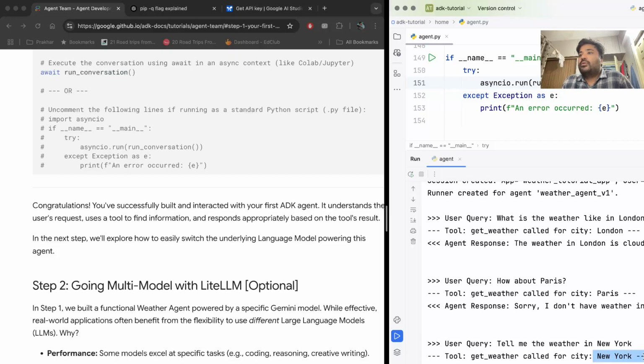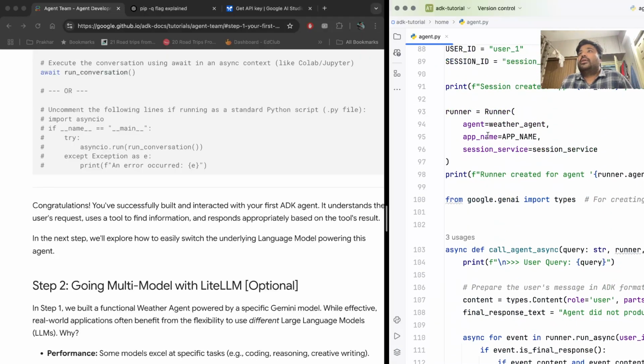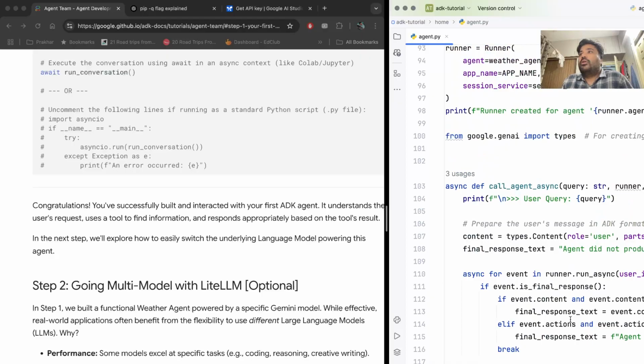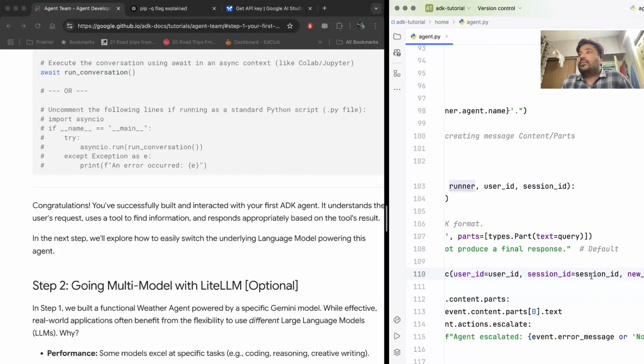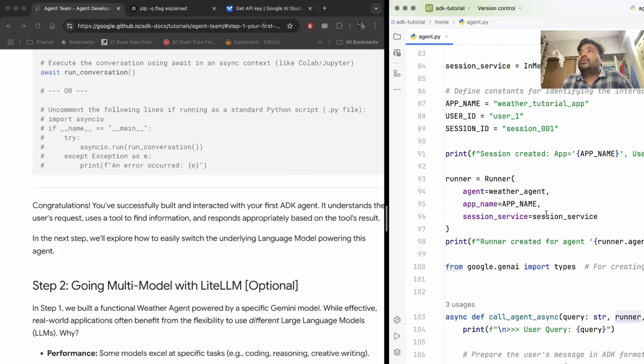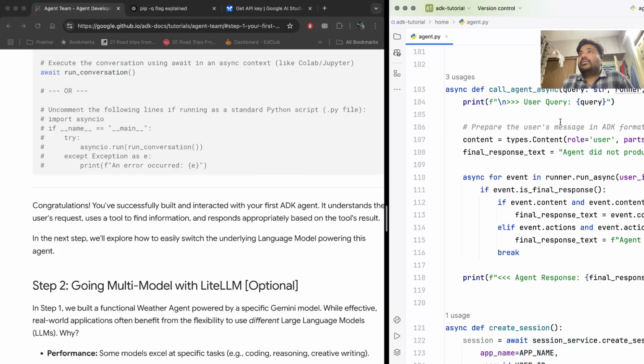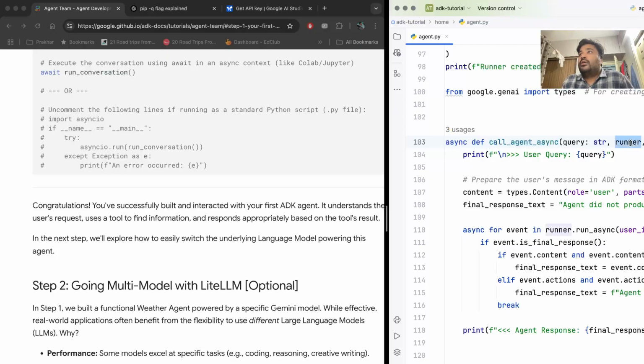So basically, what the ADK is doing is it has something called a runner, which has an embedded session service inside it, and a runner is made up of an agent and a session, and an agent is made up of the LLM calls and tools. Then we have written an async function which basically uses the runner and takes the query